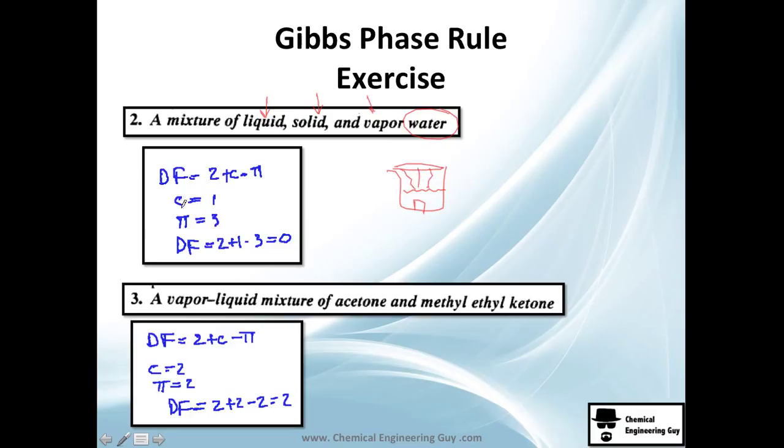Number of substances or compounds, it's only one, water, so we choose one here. Number of phases is of course 3: liquid, solid, and vapor. So we substitute this, we get 2 plus 1 minus 3, which gives you 0. So we don't need to specify any temperature nor pressure, because, as I told you before, it's a triple point,